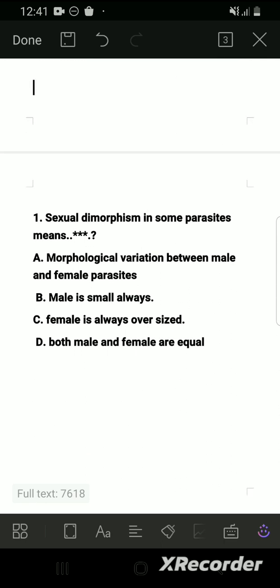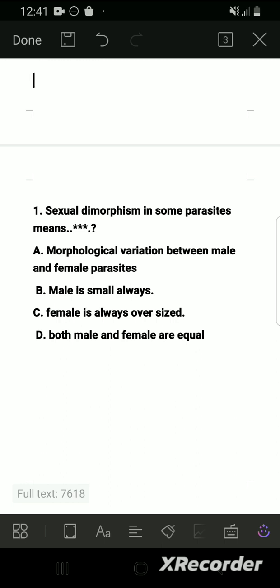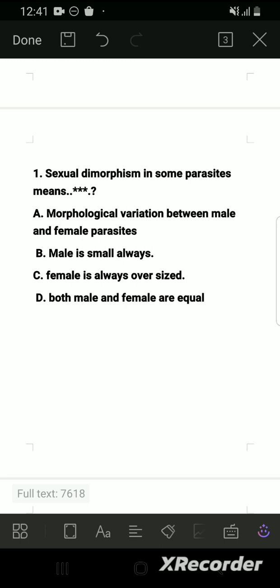Actually, when they say dimorphism, it actually means two forms. Like di means two. Then morphism is talking about the morphology, the form. So that means there are two different forms of this parasite, in the sexual part. So the actual answer is the morphological variation. Since it has two forms, there is dimorphism in the sexual distance, and this particular instance always